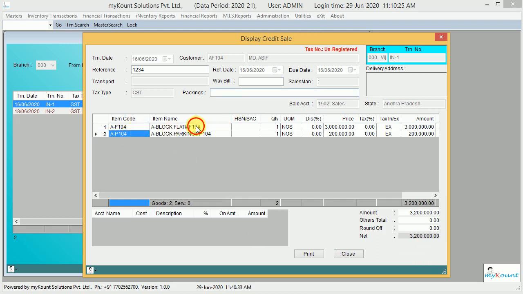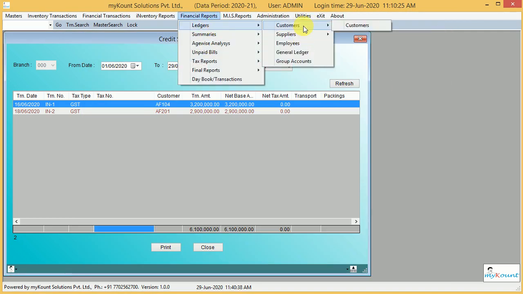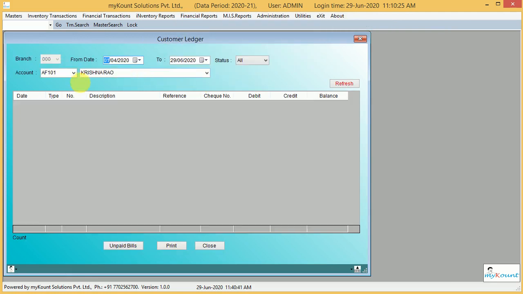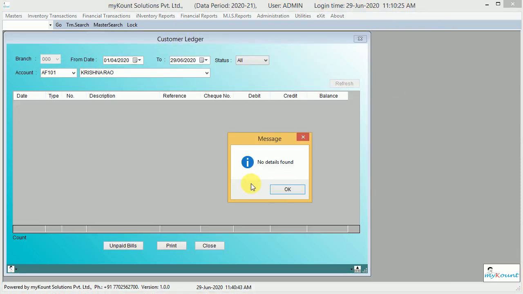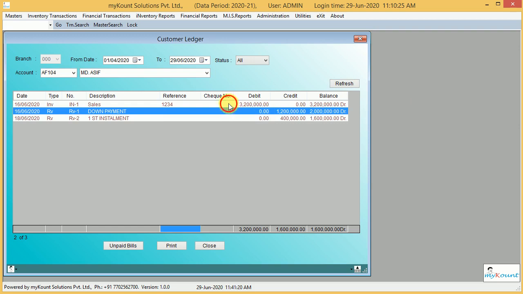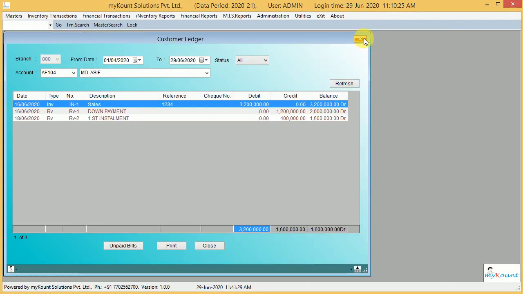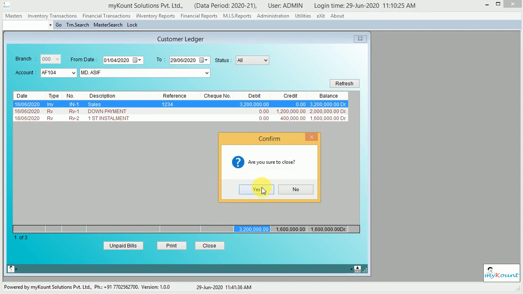So here we made this bill. To see the customer ledger, here we can see. So F104, refresh. You see, this is the sale invoice and these are all the payment details. By double clicking, we can see the invoice items. So in this way, we can maintain customer ledger and stocks in flats or raw material.